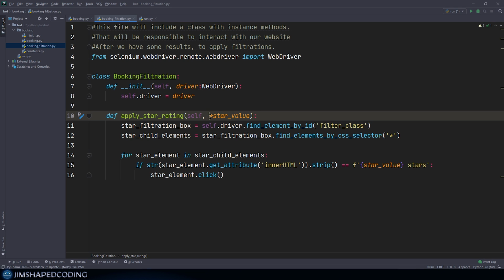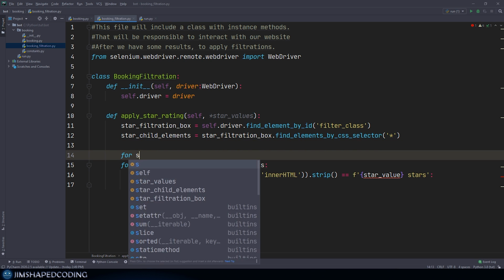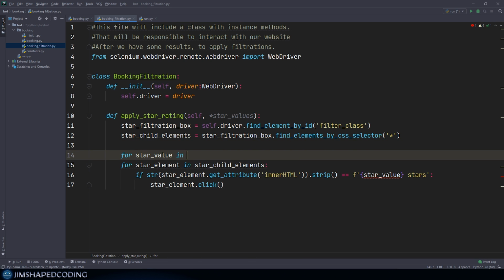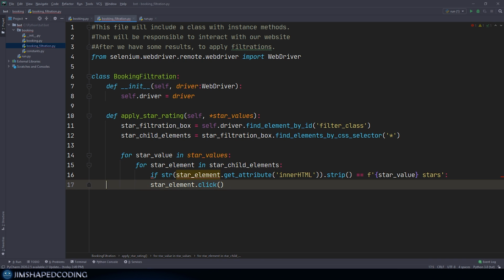Alright, so now that I have changed this to being an arbitrary argument, let me change this to star_values, because it will be a friendlier name for that kind of variable. And I can go down and use a statement like for star_value in star_values, and I can take my entire code in this area and insert it into a new for loop, so it will be something like that. And now that we have done this, let's test this out with passing in multiple star